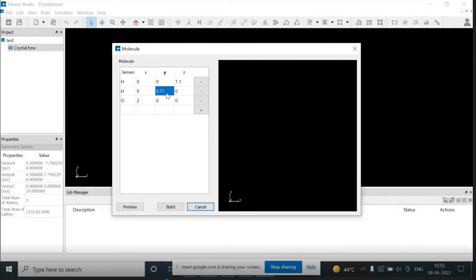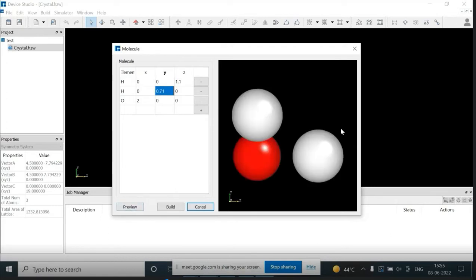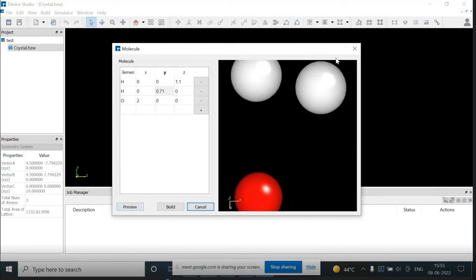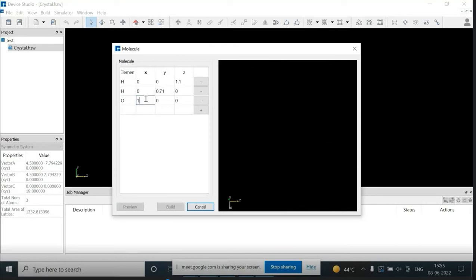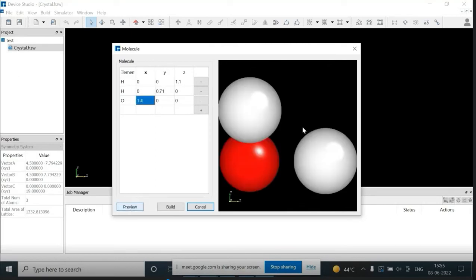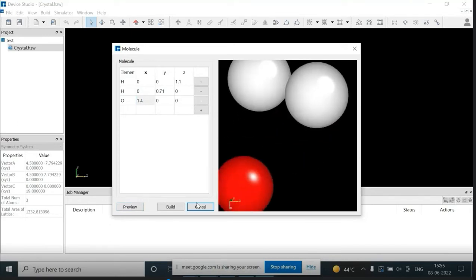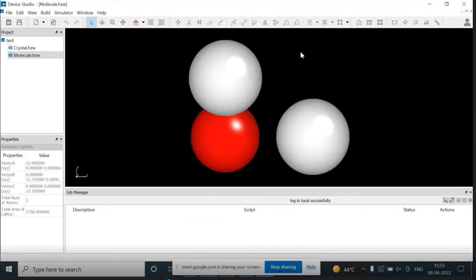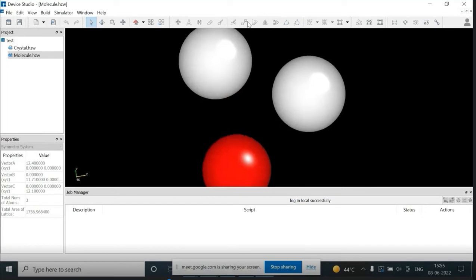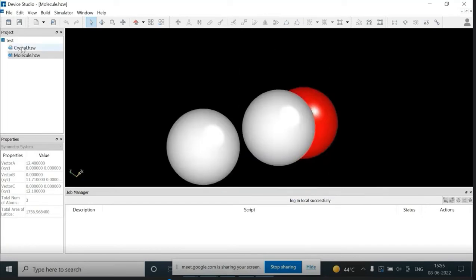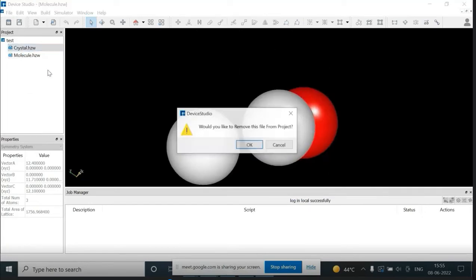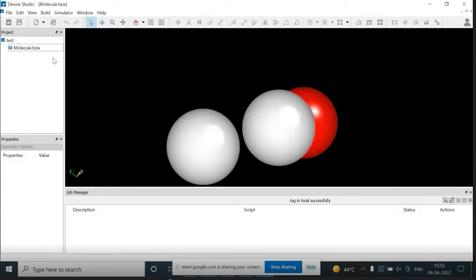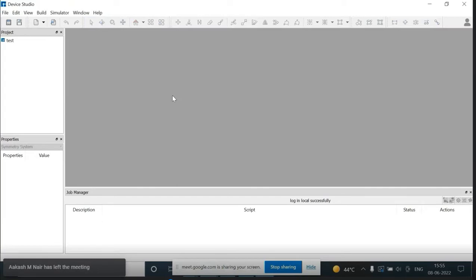So anything you can define your value as per your needs, and you can adjust this H2O molecule as per your requirements. It is basically a molecular builder that you can build here like that. Now I want to delete it first. It's basically to create a new material. So a new crystal, new molecule or new device can be created directly in the software, but I want to import from